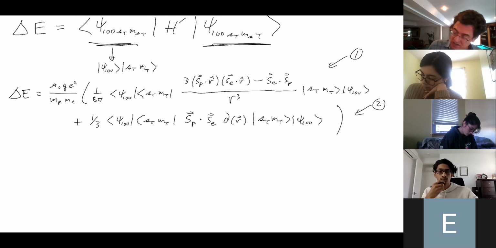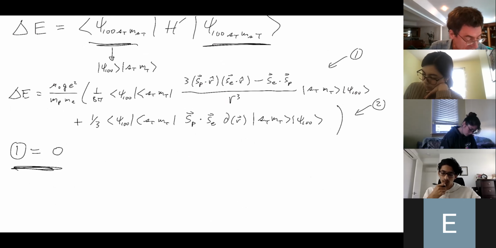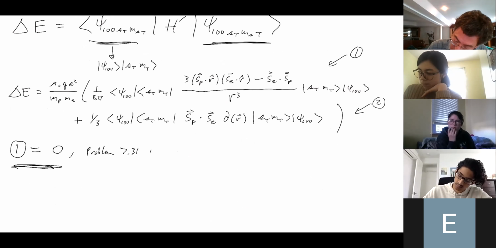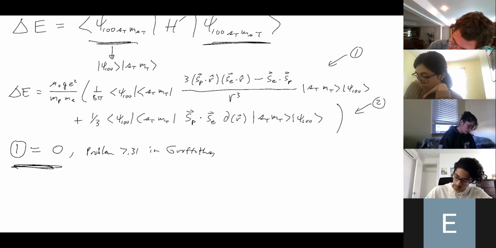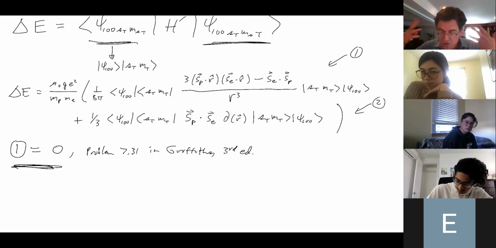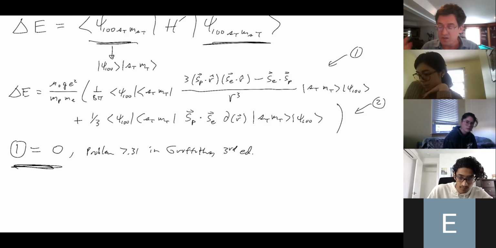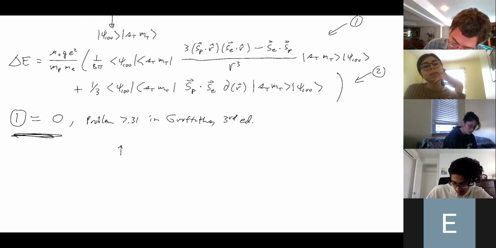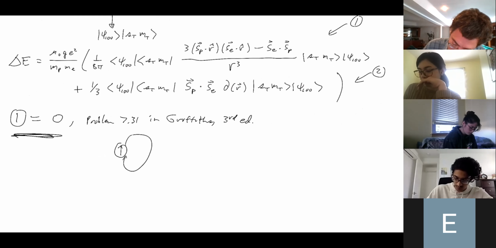And so here's the trick. The trick is to notice that part number 1 is equal to 0. And that's not totally obvious from just looking at it, but you can calculate it from problem 7.31 in Griffiths, Third Edition. And the justification for it is, go to that problem and you can see that it's equal to 0. And the physical justification is this, that if you have a dipole, it goes like this,